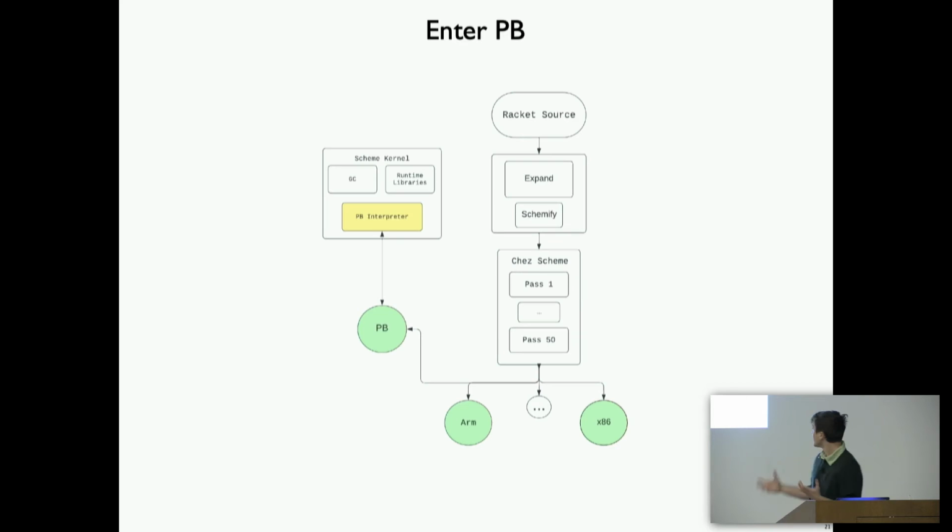But this is where PB comes in. So what is PB, you ask? Well, PB is an alternate ISA, which is supported by the backend of Chez Scheme. It was created by Matthew Flatt for making it easier to port Chez Scheme to new platforms. Not the most needed context, but that's what it's there for. So yeah, PB is an interpreted bytecode, and so it has an associated interpreter. It's actually written in C. And the runtime system for Chez Scheme, which includes the GC and runtime libraries, all of that stuff, is also written in C. So you can think of the PB interpreter as sort of living in that Chez Scheme kernel.